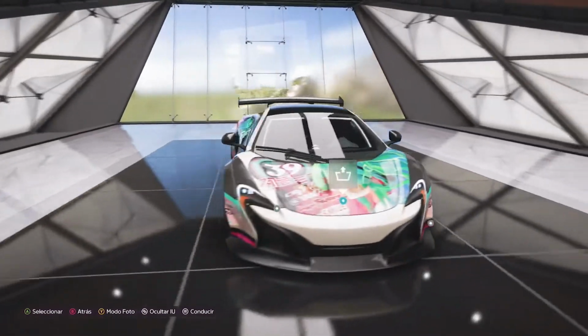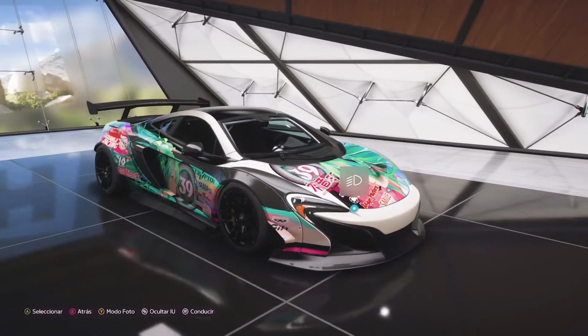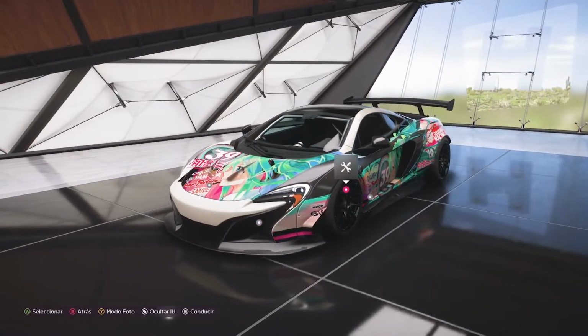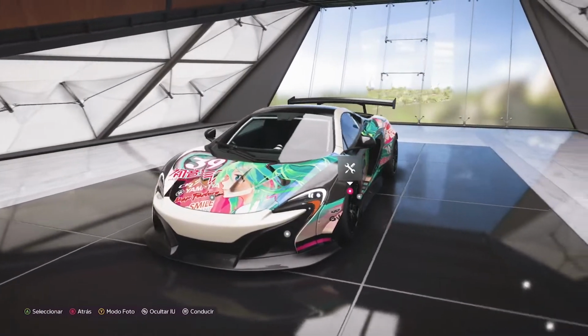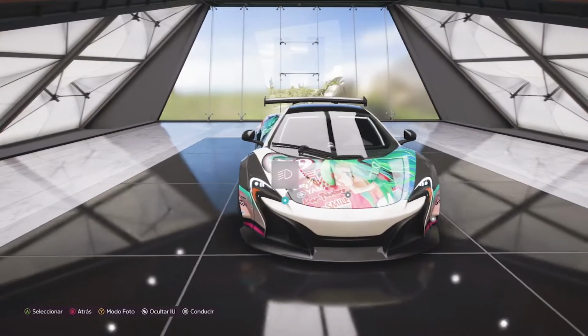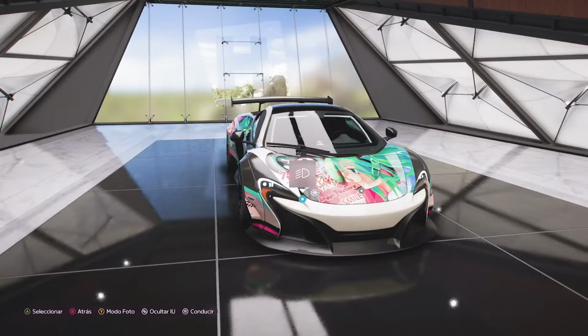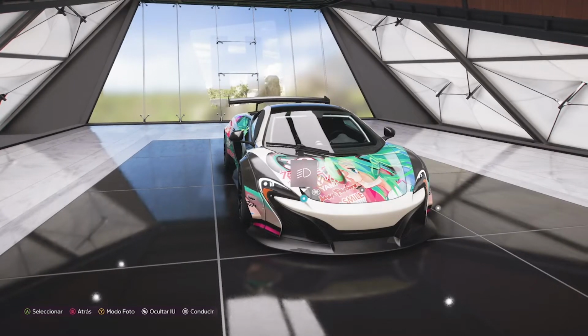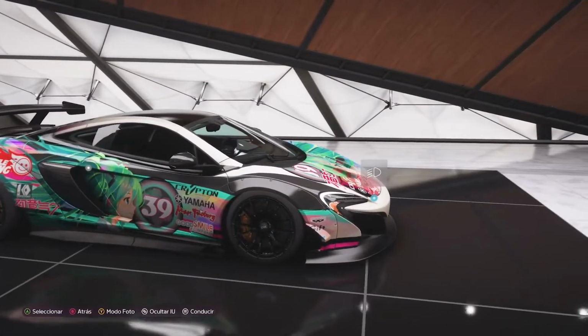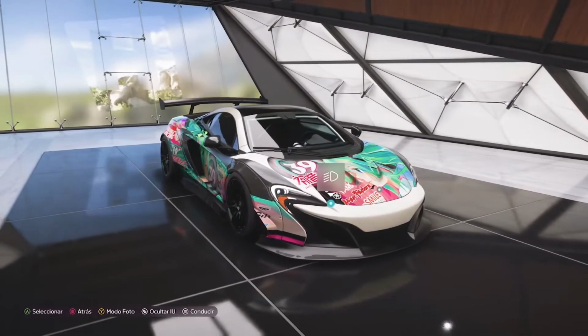Today we have a new car for the Undervalued Cars series, and today we have the McLaren 650S. Being honest with you, you only drive this car if this car is one of your favorite ones. However, the other day I was checking out some cars for the series, and I thought about the McLaren 650S